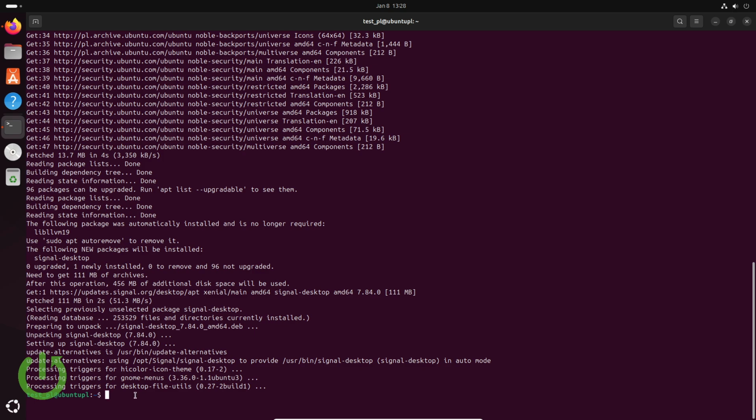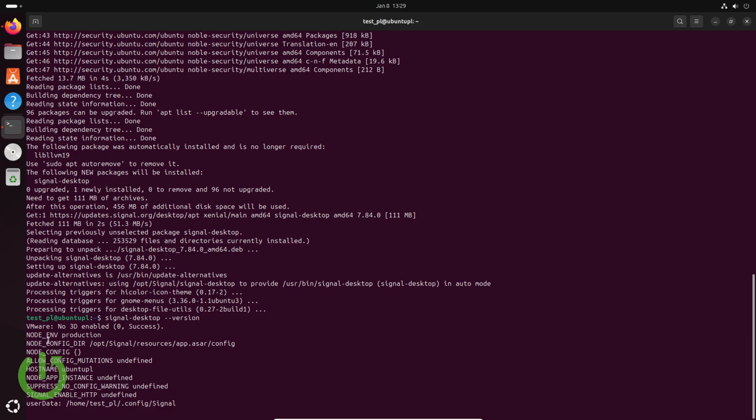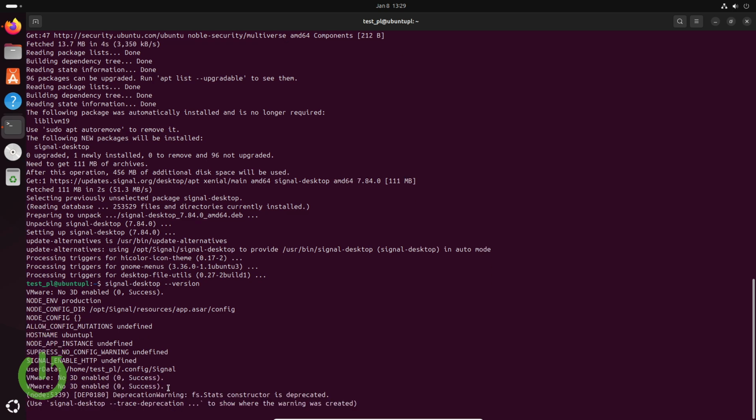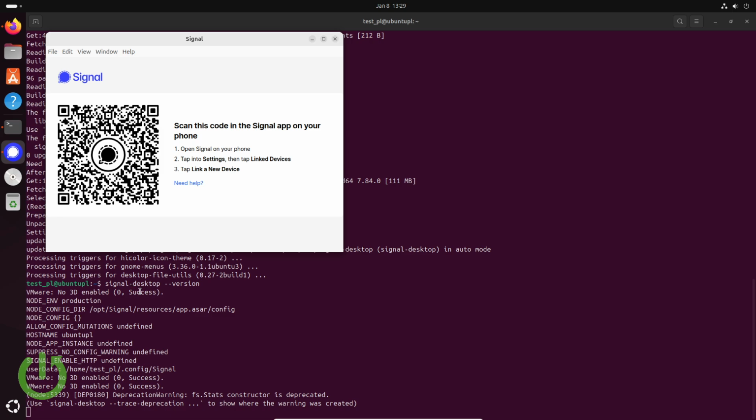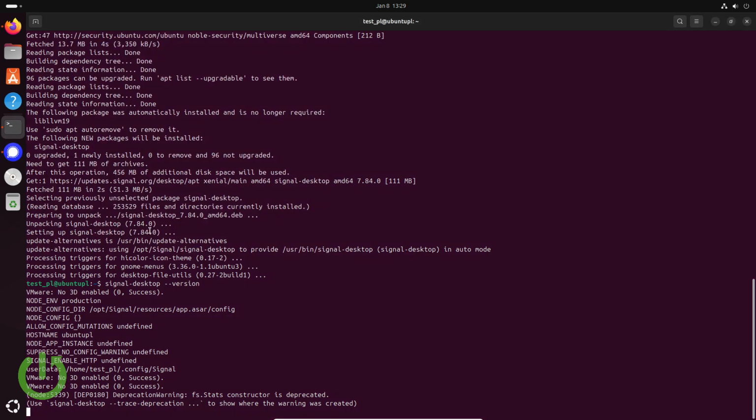How can we check if our installation has been completed correctly? We can just type in signal-desktop, I think, --version, or we can just launch Signal, but it doesn't really matter. As you can see, we have some information about it. No, the --version command doesn't work. It's just launching straight away. So you can't use a version command. The version that we installed is here,